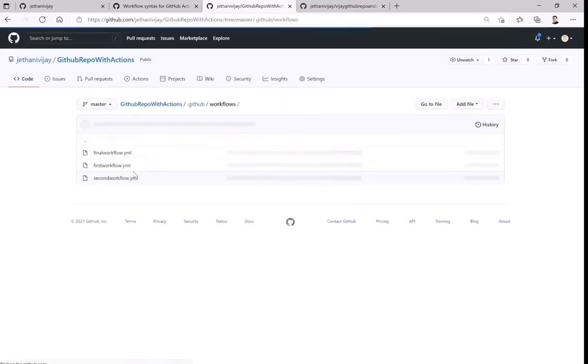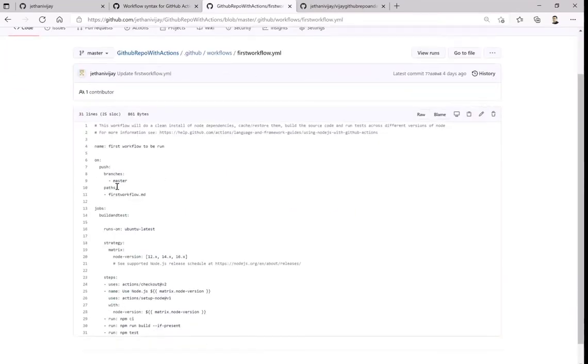Okay, coming back to our flow. So first workflow. Okay, so it should run. I'm being very specific that there should not be any changes around on the repository. That means it is not that any file I commit, the workflow should run irrespective of whether that was required or not. Okay, so with that, I'm being very specific, saying that this should go on master, and my workflow file where I should do the change is my first workflow.md.